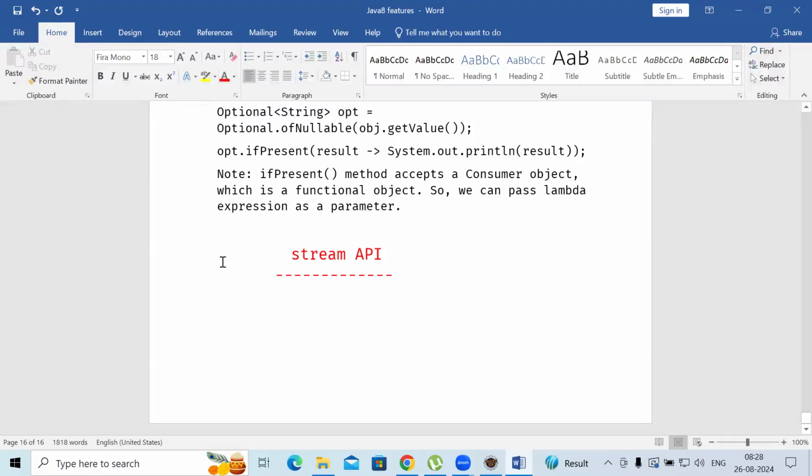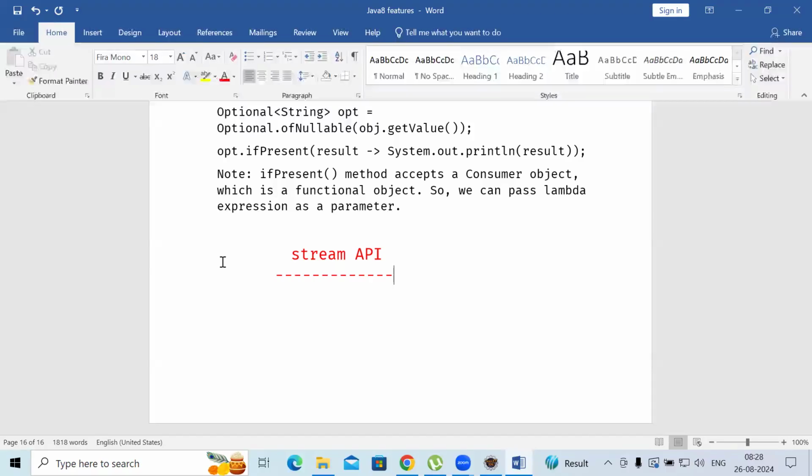Actually, when you are writing that object, for example if you are calling obj.getValue(), obj is an object you are creating. For example, I have a class called class A. Class A obj is equal to new class A. Like that you are creating it, then your obj is not null. The first object, whatever you are calling,